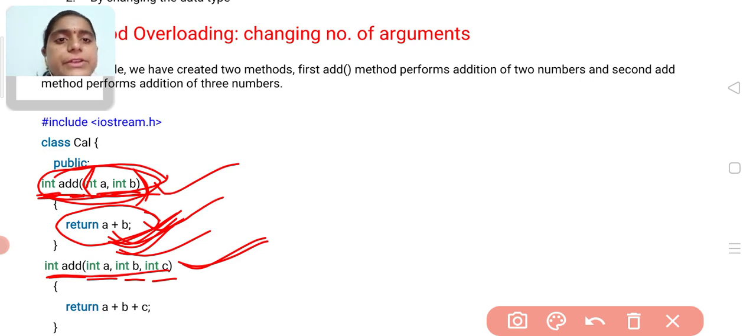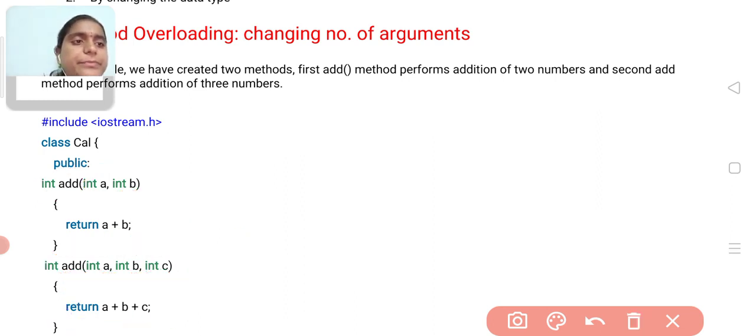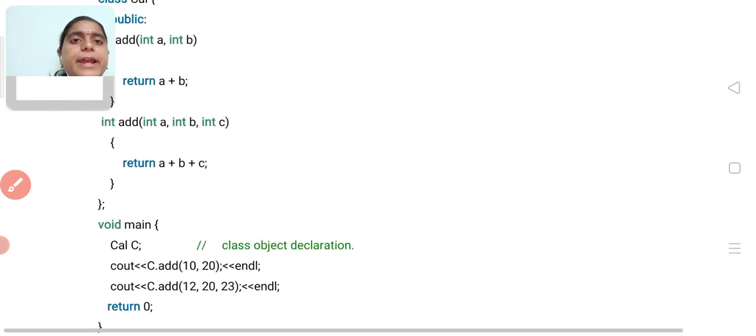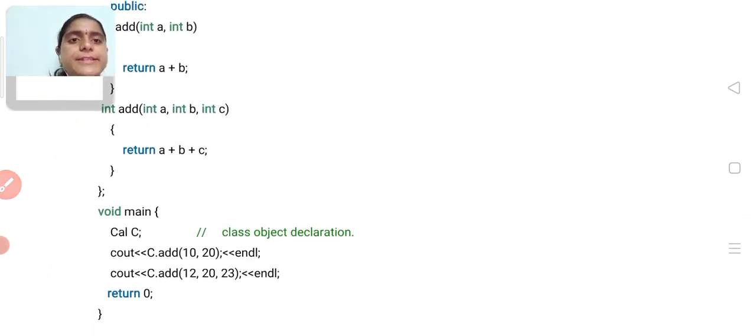So the first function adds two integer values and the second function adds three integer values. I have written the code inside this add function, and here I am executing this code.